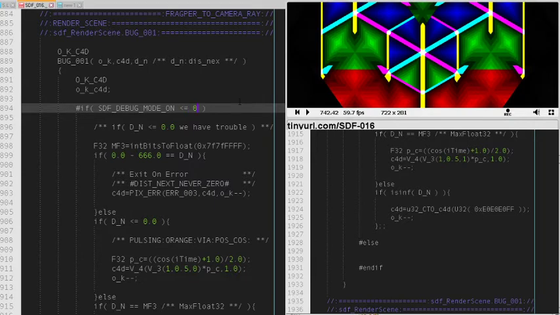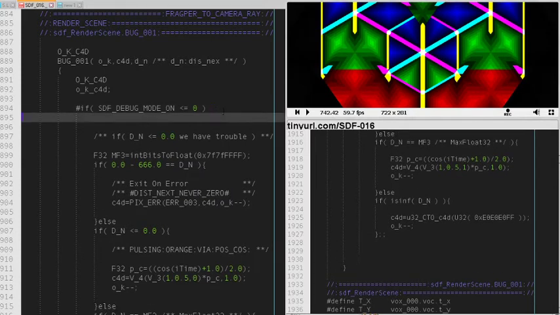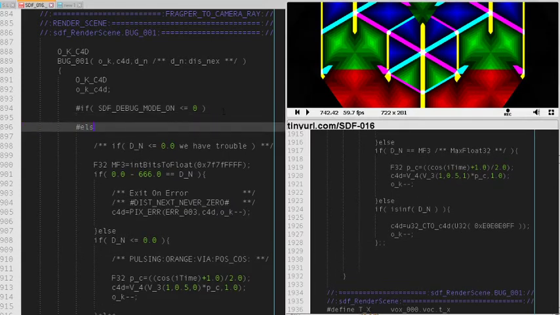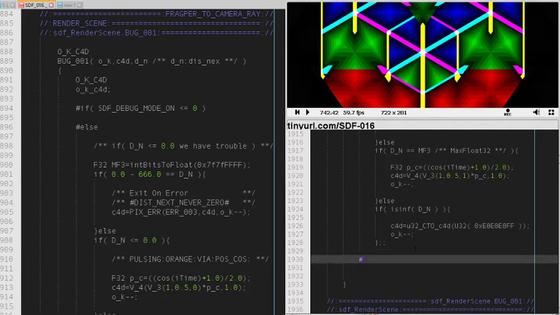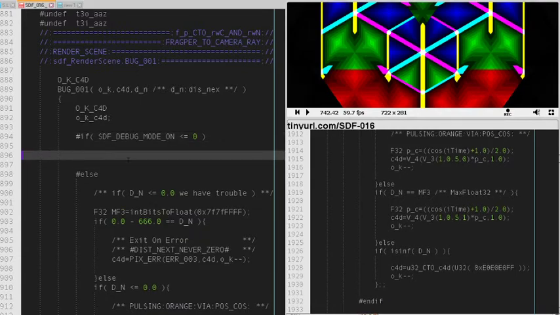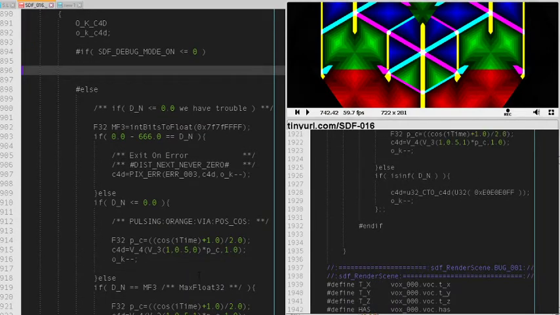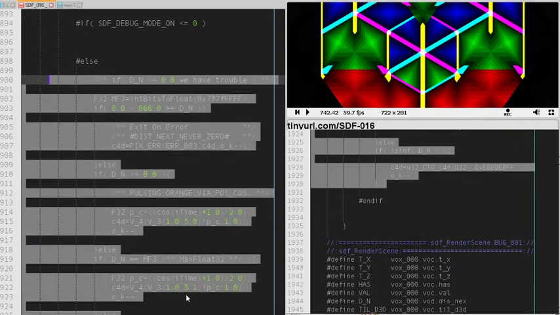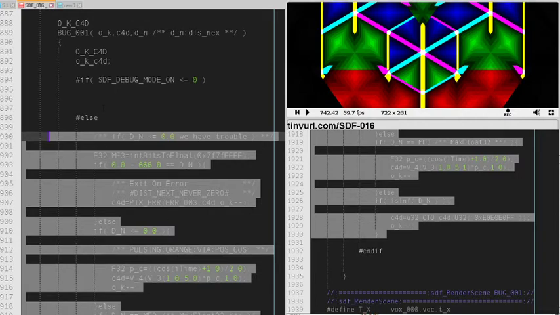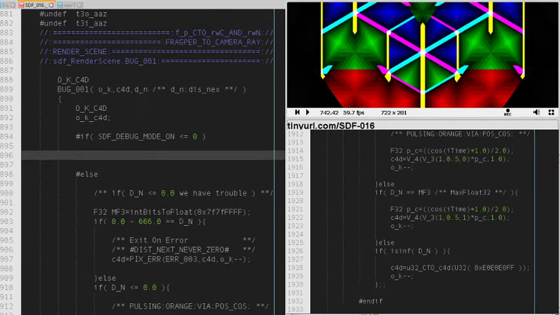So let's do the, and also we should probably have the less verbose case at the beginning. So if the debug mode is off, else, and if. By having the less verbose code as the first case, it makes it less likely that you're going to accidentally miss the branches. Because if this is a one-liner of code right here, and we have this big block, if the big block appears first, it's going to increase the likelihood that we're going to miss the small block of code. So if we are not in debug mode, we're just going to say that